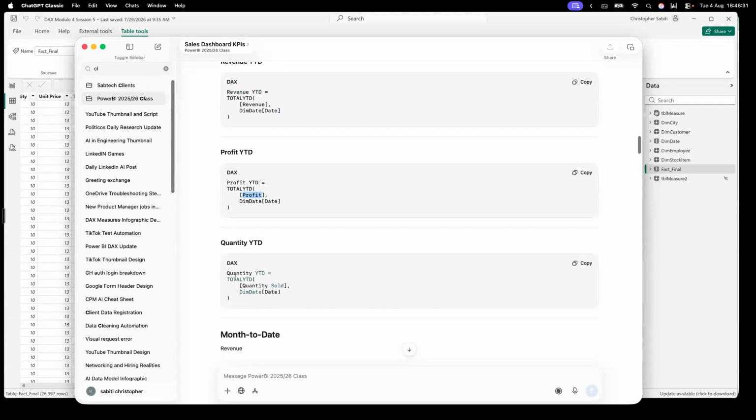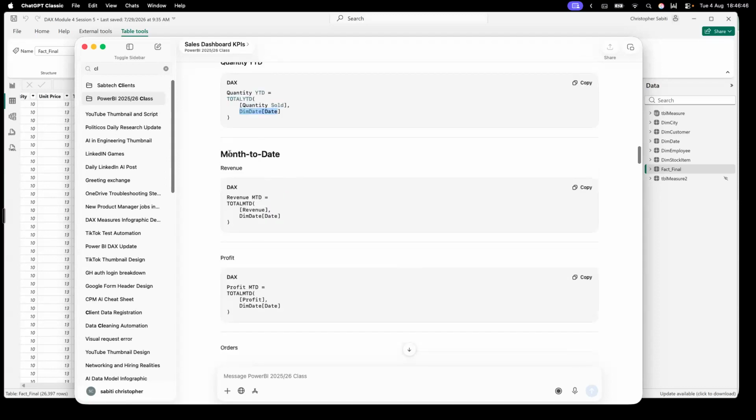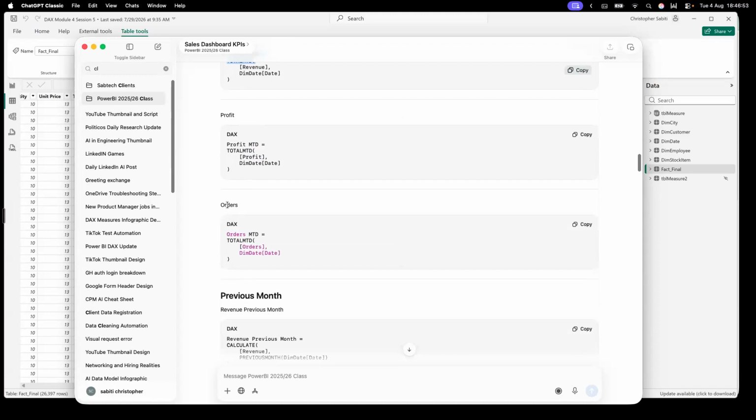Then when you come to quantity YTD, it is total YTD. Then you give here quantity sold because you have already calculated this. Then comma, the dim date column. Done. Then the month to date, it has given us the month to date for both revenue and profit,